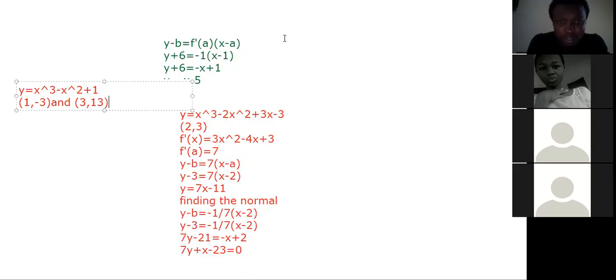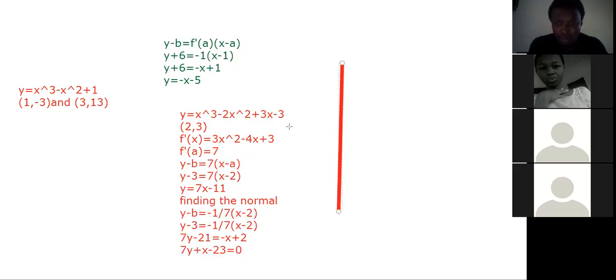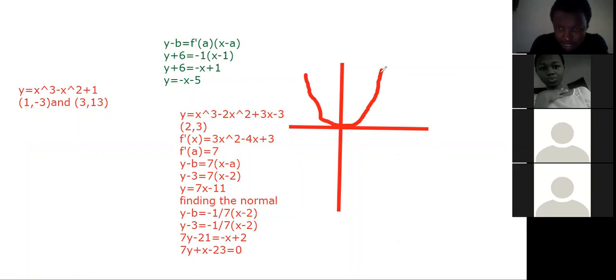This is what I drew yesterday, but you guys weren't hearing me. If I have something like this, this is a curve. Let's say according to the question, the values give us this curve. Per our studies, if you want to find the gradient of this curve, we can only draw a line that is tangent to the curve. So when we draw a line that is tangent to the curve,